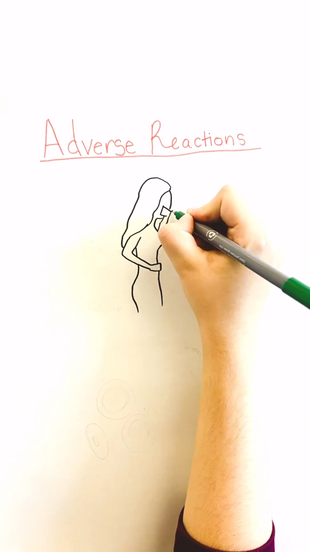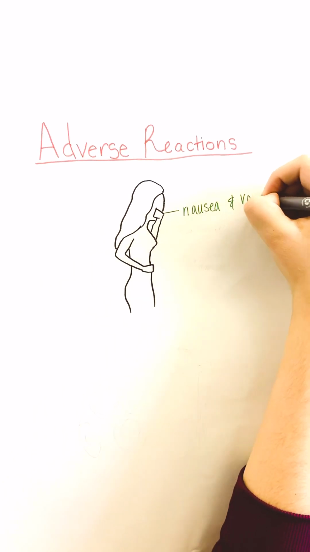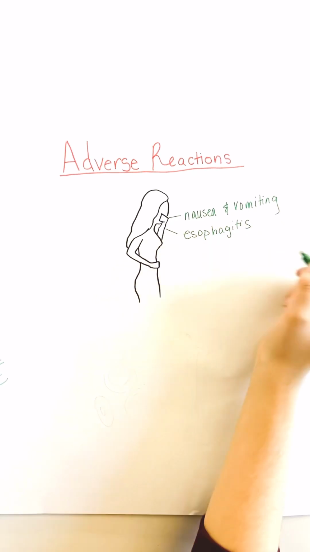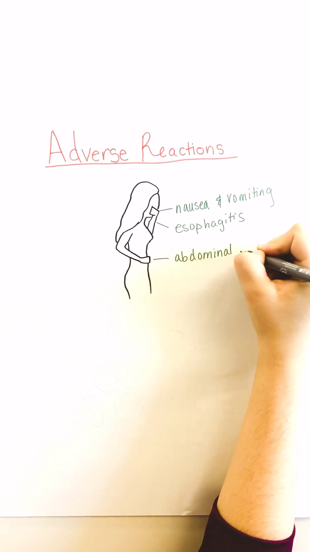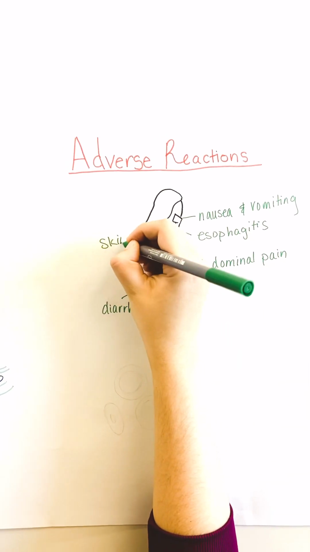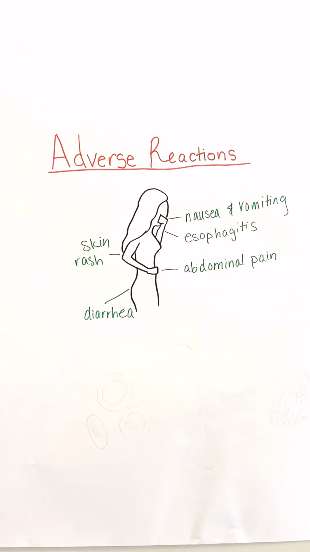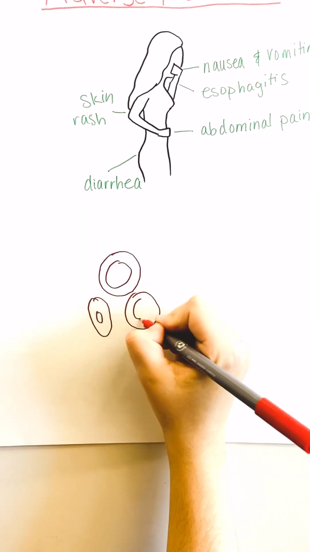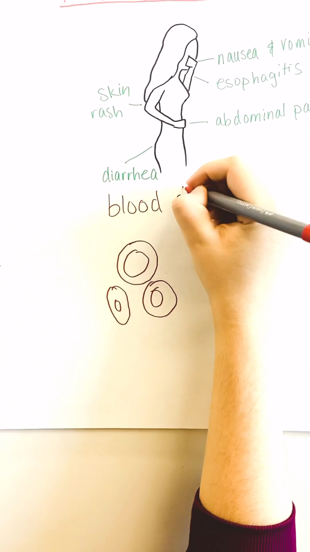Nausea and vomiting. Esophagitis, which is just inflammation of the esophagus. We have abdominal pain and diarrhea. Outside of the GI tract, we also have skin rashes, and the severe side effects include something called